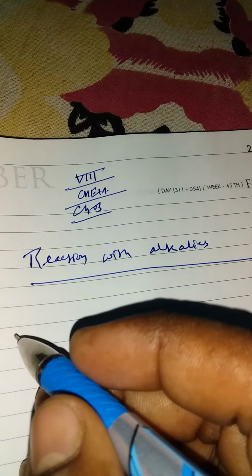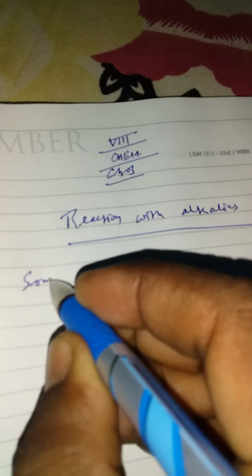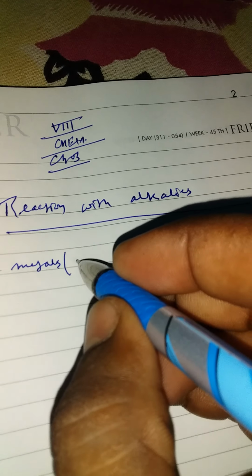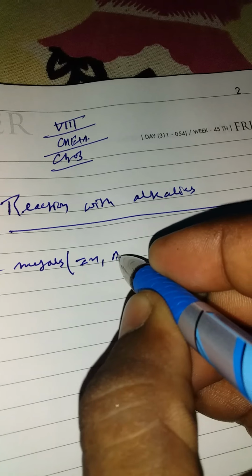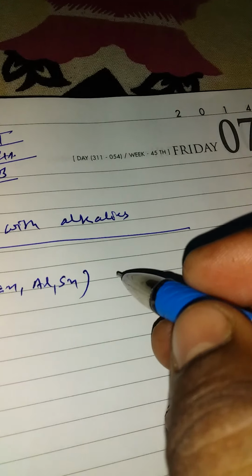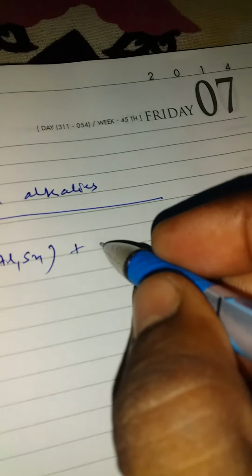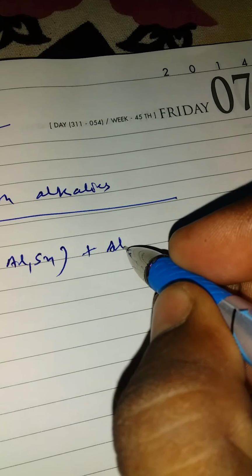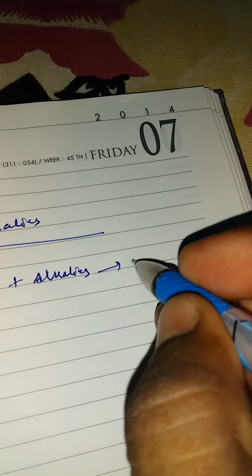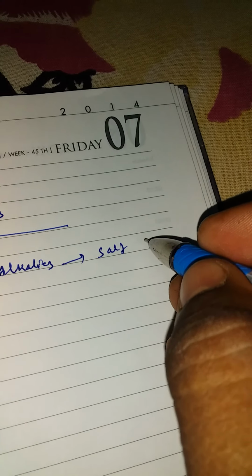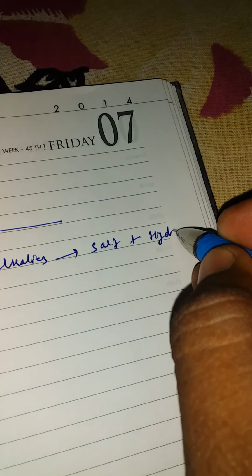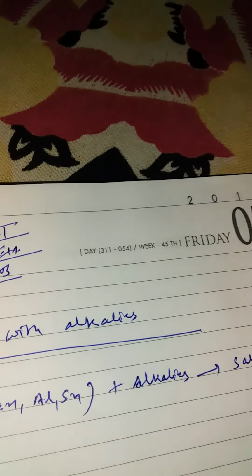Students, some metals such as zinc, aluminum, tin only react with alkalis to form salt plus hydrogen gas. As we know that alkalis